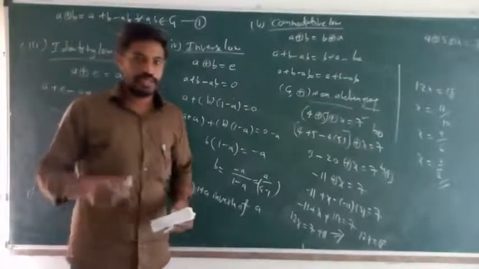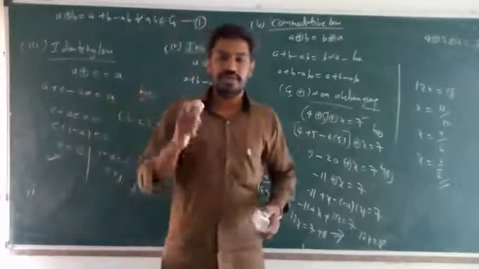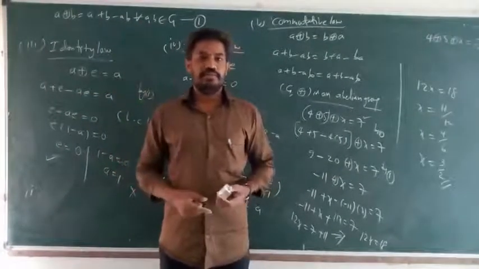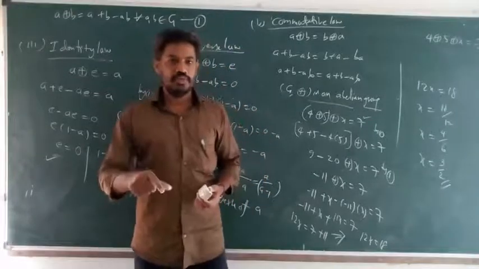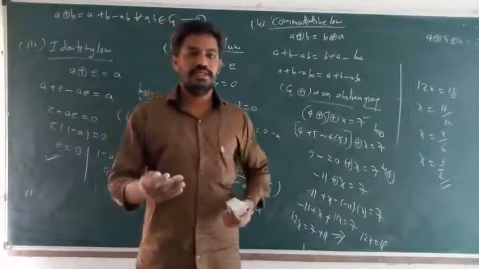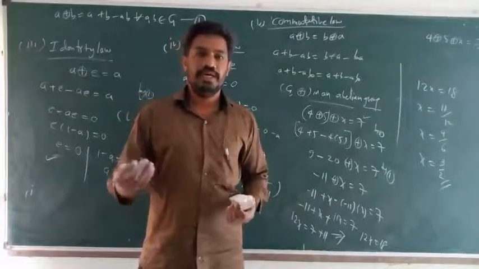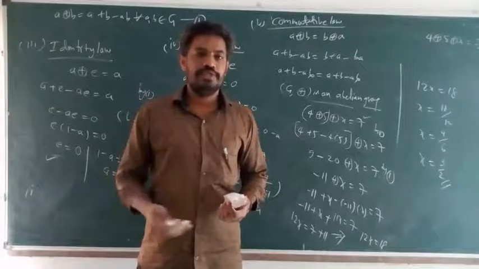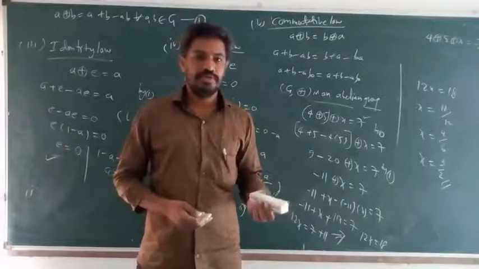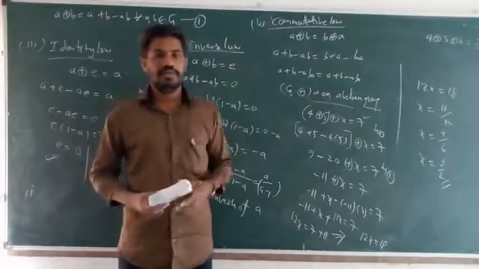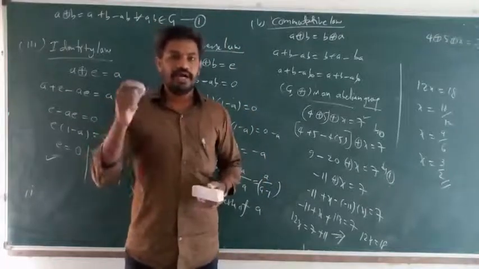Groups and rings are very important entrance points. MSc or BEd students should start the preparation now. So group theory starts this semester, groups and rings. From an MSc or BEd entrance point of view, there are a minimum of 10 to 15 questions, 10 questions on groups and rings. So just using statements, laws and given conditions, you can find the identity element.